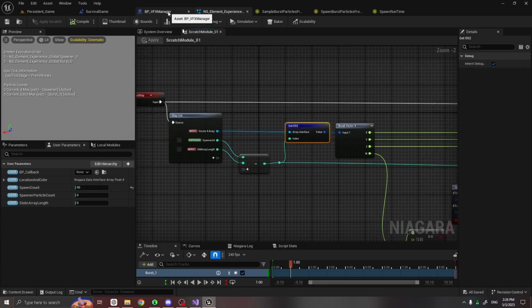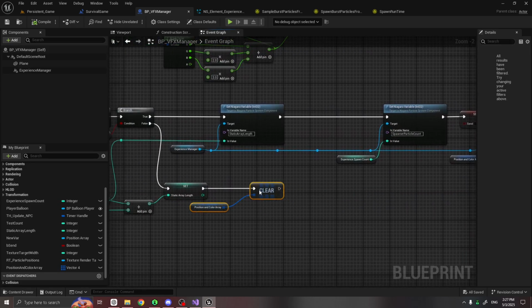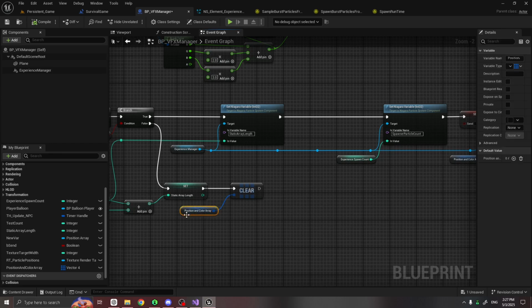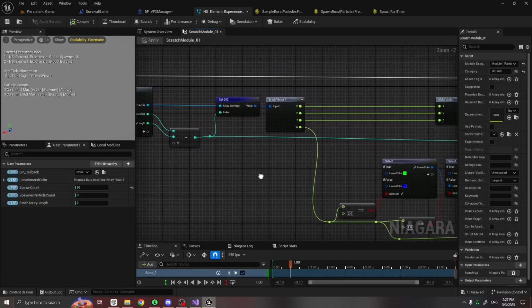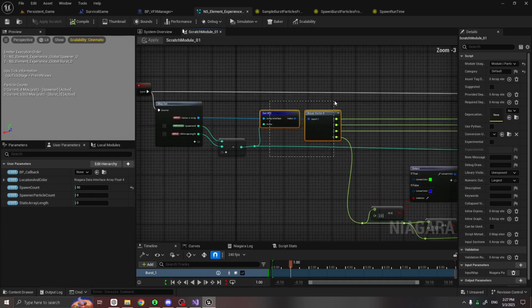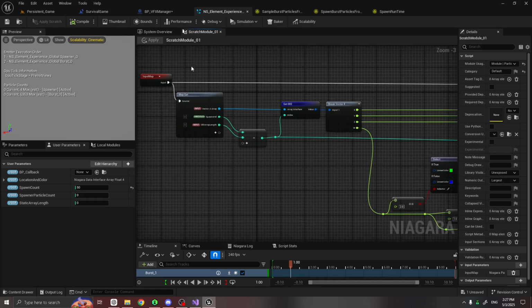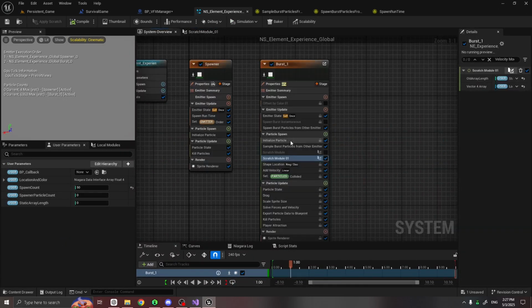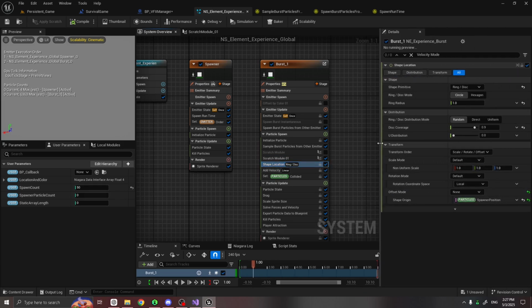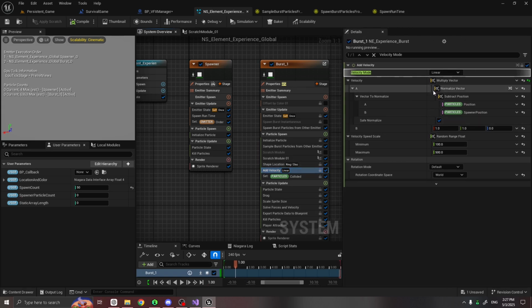and 2, and 3, 4, and so on. And since we are updating this array, we need to reset this index to maintain right order, and set position and color. And that's all. Then we set spawner position to shape location, and calculating random velocity,